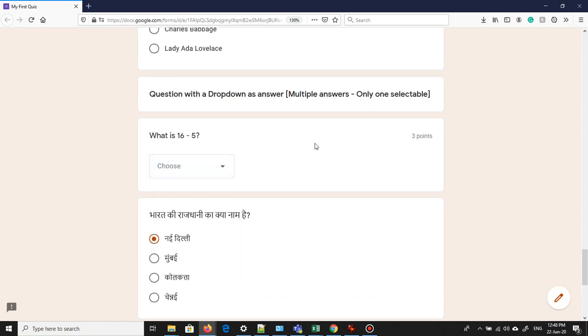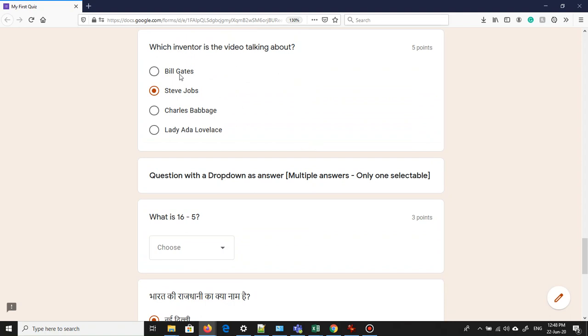Now there is no difference between a multiple choice and a drop down. Okay, you can select only one. So functionally both of them are exactly the same, but you can see visually they are different. Multiple choice is taking space vertically, it is taking up too much space, whereas this is not taking up space at all. It's just one line. Once you click on it, then it goes down.